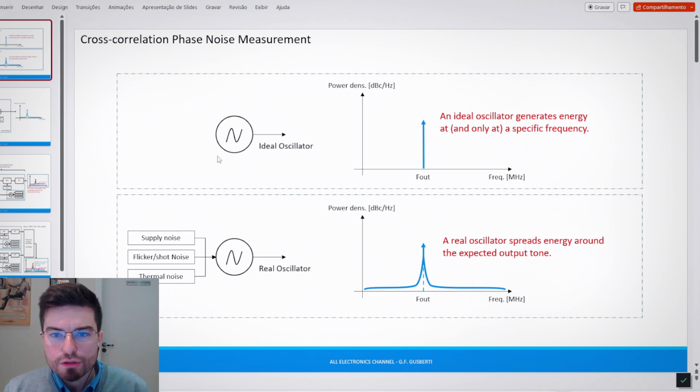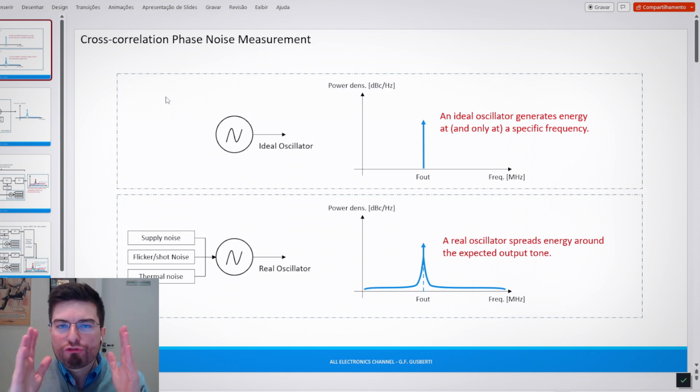So let's imagine that we need to measure the phase noise of an oscillator, and it can be any kind of oscillator. In this example, let's think it is a radio frequency oscillator. And before we go to the real oscillator, let's remind ourselves that an ideal oscillator, a mathematical oscillator, will generate an output frequency very precise without perturbations in amplitude and in phase. This is why the output spectrum, or the power density in the output of an ideal oscillator, is a single tone, a very pure tone, only a line in the spectrum, meaning that we have energy only at a single